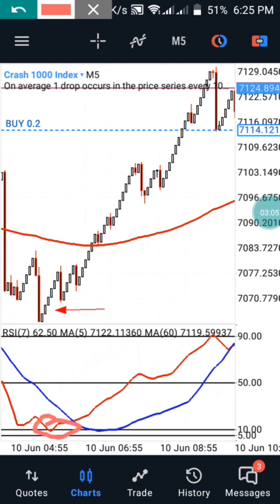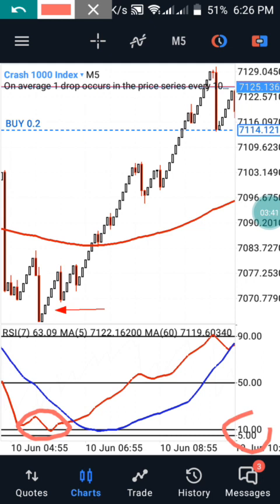Anytime you have your red 9 reaching your 10 level, that's your first confirmation, and at that particular time you will also have your blue 9 moving below the 50 level. Let me explain again. The first thing you need to do is be very patient for you to have your red 9 on your 10th level. Immediately it's reaching the 10 level,